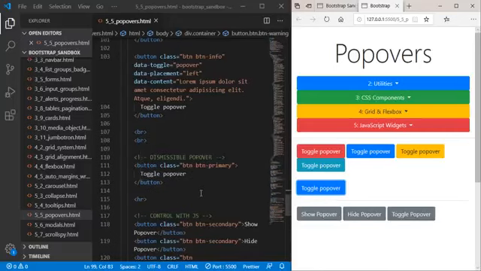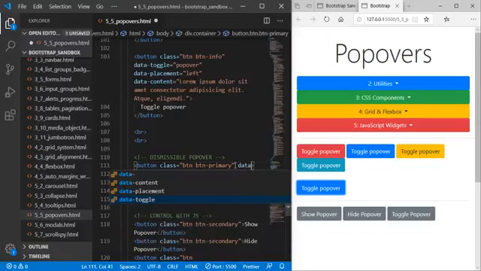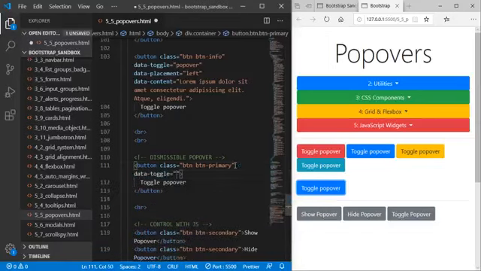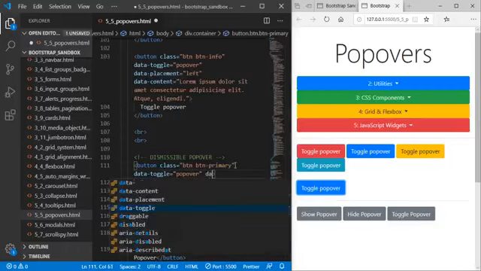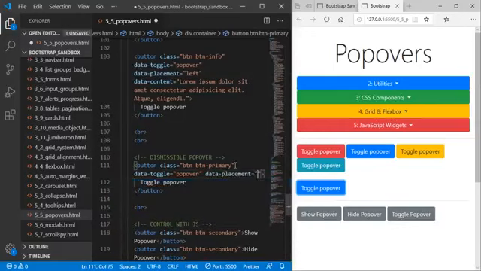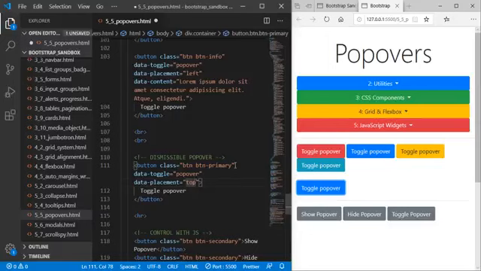So what we have to do, it's basically dismissible. We want to make a dismissible popover. This is the button, and here a popover will come out, but we want to control this popover from these buttons down there. So for that we have to write data toggle, and data toggle is definitely a popover again, and then we should write data placement, let's say on the top,